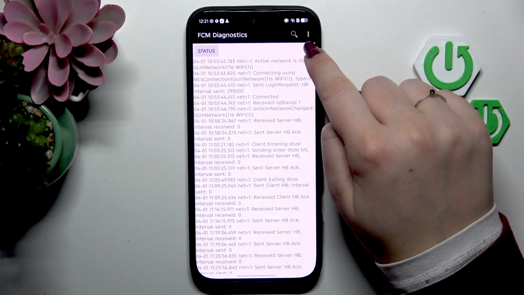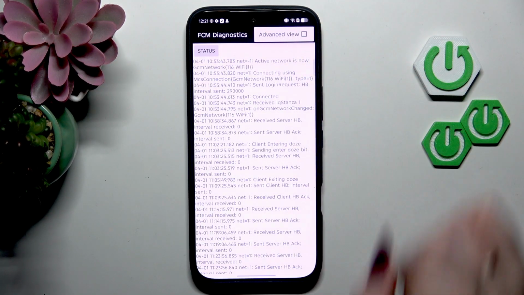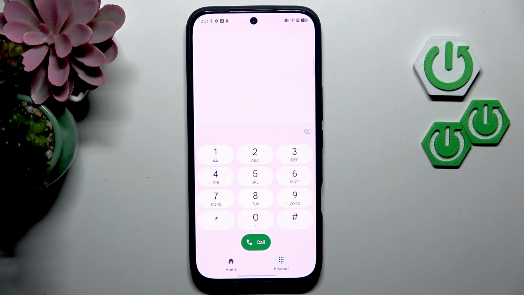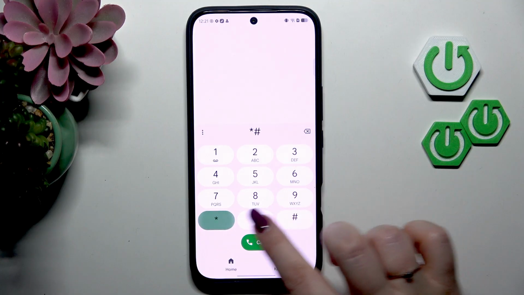After tapping on the three dots icon here, we can show advanced view. So just tap on it and tap on the status again, and here we've got much more information. So for example, the heartbeat, last beat, or HB algorithm. So let's go back and let me show you the last code for today's video, which is